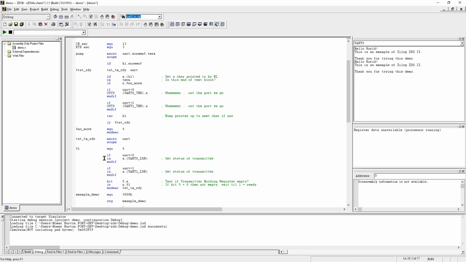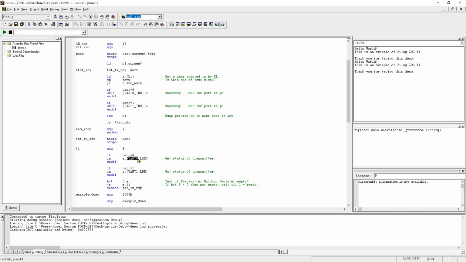Down here, test ready. We have conditionals depending on which UART you tell me. So I want to point out something important here. These are the two internal UARTs, and their line status register bit 5 tells you if you're ready to receive a byte to transmit. If you were to build additional UARTs and add them on, with your own UART address you've assigned, as long as you use bit 5, all you would have to do is create